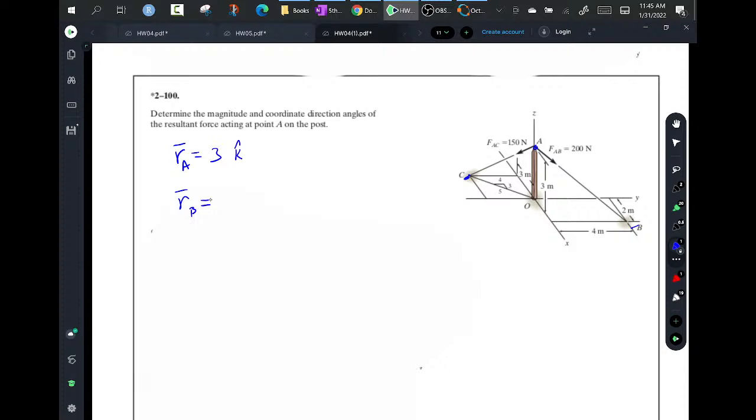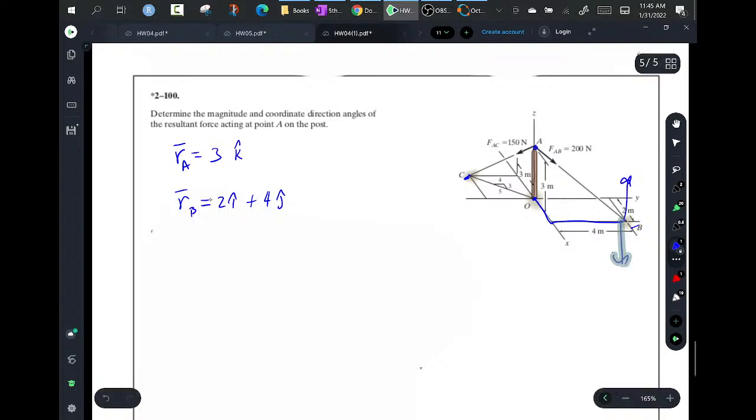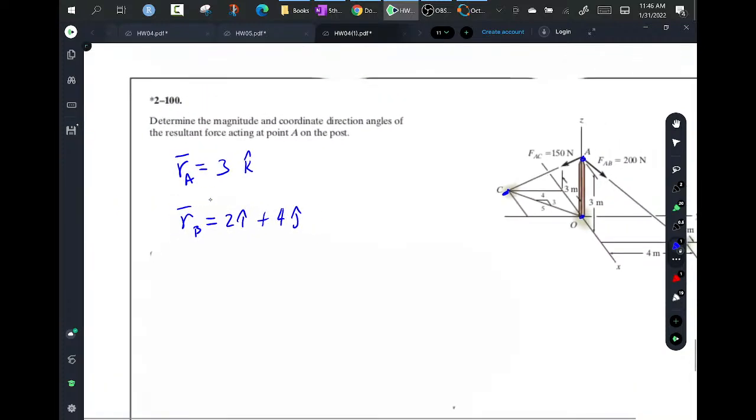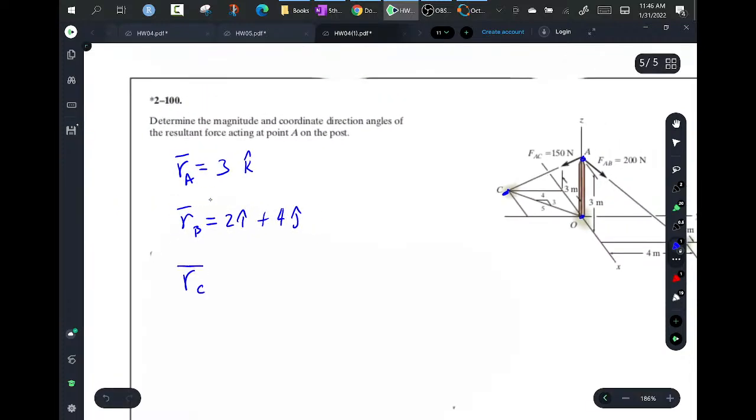So vector RB: if I want to go from this point to B, I'll go out here 2, and I'll go across here 4, and then I don't have to go up or down. So that's it. Now, if I am drawing a vector to C,